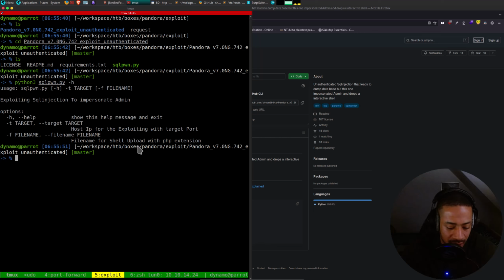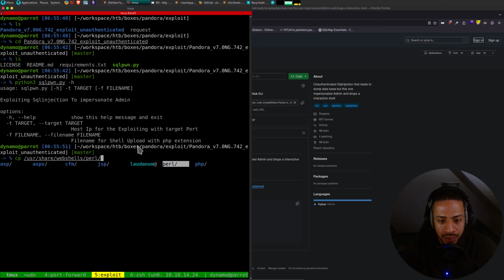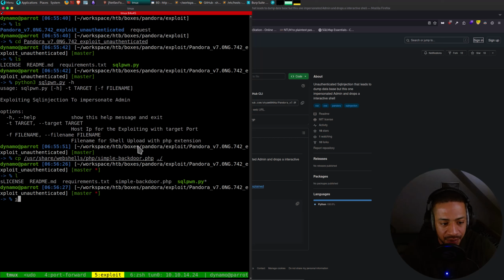It wants a target and a file name for shell upload. Okay, so let me copy from usr/share/webshells/php, because I'm guessing, yeah, it wants a PHP extension. And let me use the simple backdoor. Let's copy this here. And then we'll do python3 sqlpwn.